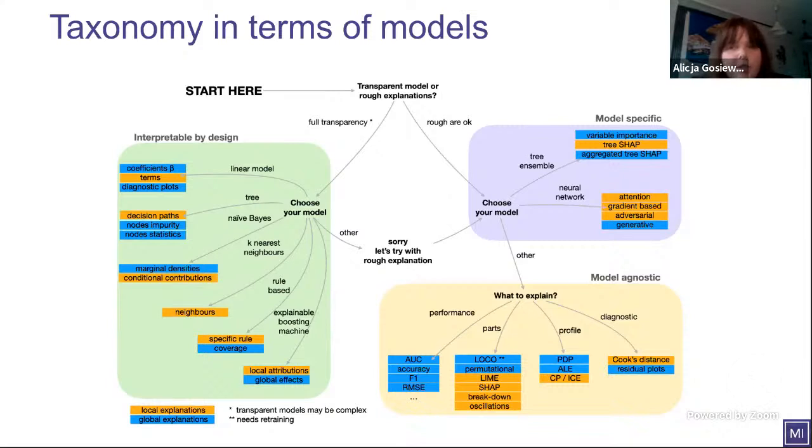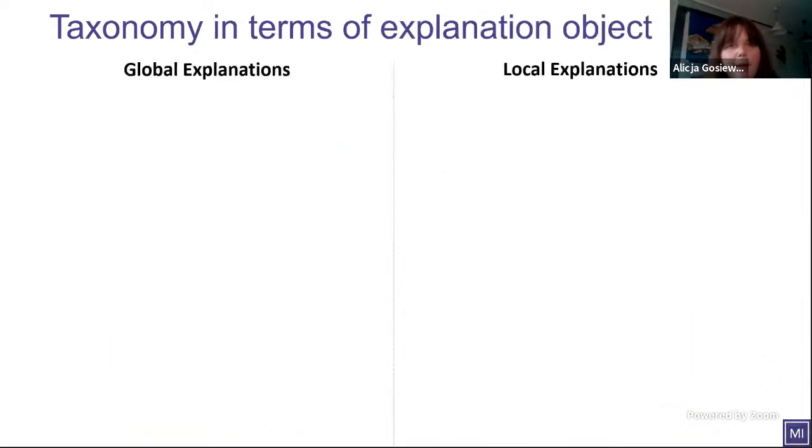So these explanations analyze the model without any knowledge of the internal structure of such model. So they can be carried out on any predictive model. Okay, so let's stick with these model agnostic explanations and see what kind of explanations we can have. So we can divide them into two groups: global explanations and local explanations. Global explanations are focused on looking at the model from the perspective of the whole data set. We'll go back to this in a minute. And local explanations allow us to explain a model from the perspective of one observation, from the prediction for example,